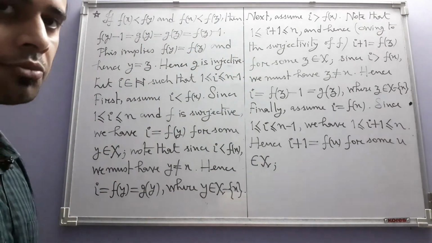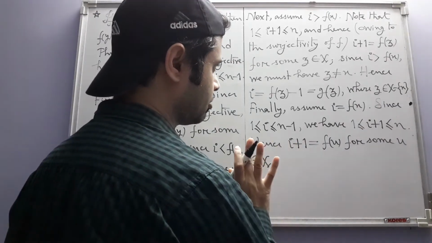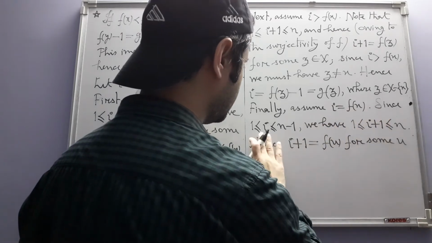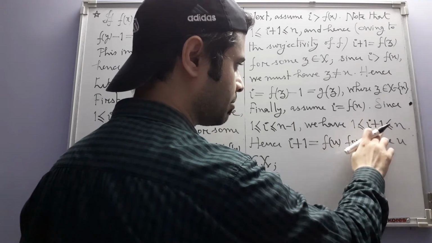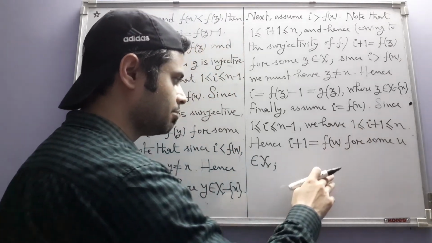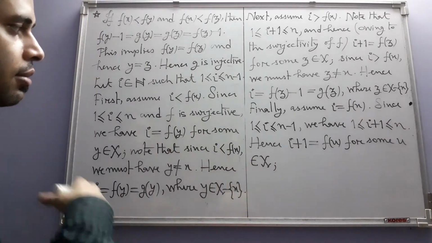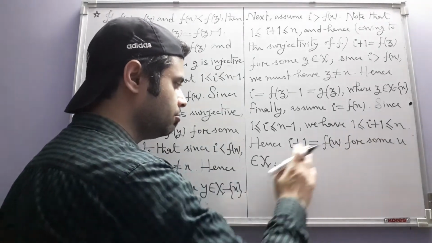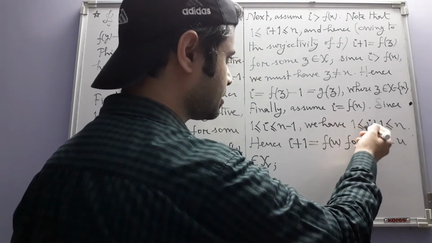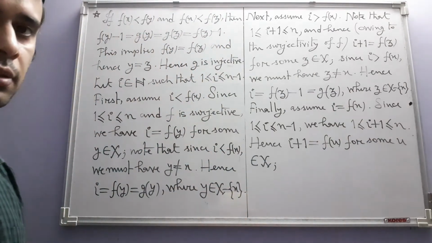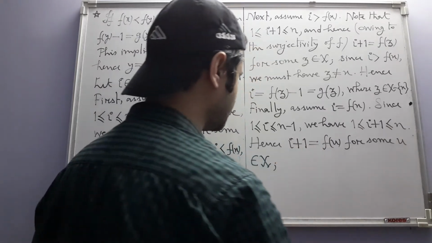This u is again coming from surjectivity of f. I should not make a mistake. Let me just check once more. We have I plus 1. Okay, so I plus 1 is a natural number in the range of f, so it will be the f image of some element in the domain of f, which is x. And just like the previous cases, u again cannot be equal to x, because I is fx, I plus 1 is greater than fx, so I plus 1 itself cannot be fx.